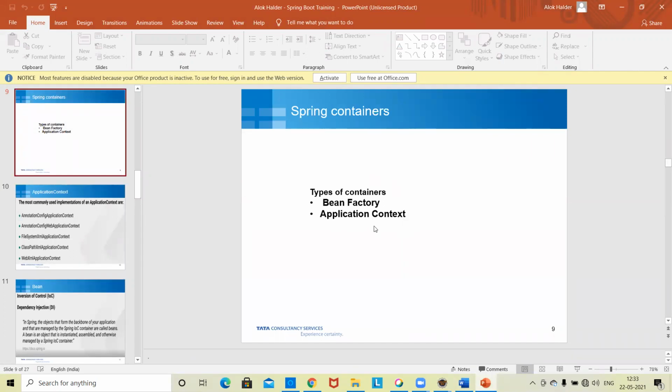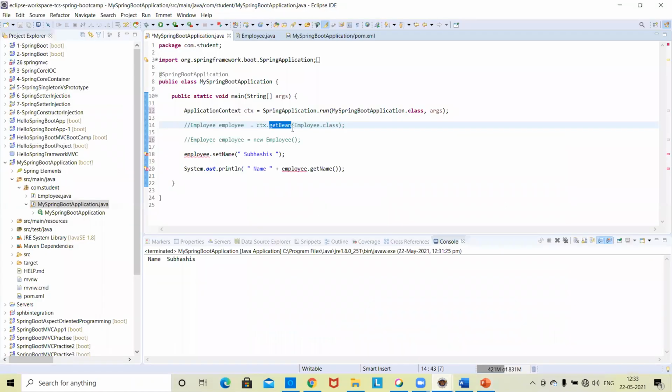Now the latest is the application context. Earlier, in normal Spring code, we used the Bean Factory, but now in Spring Boot we are using the application context Spring container. This Spring container object, CTX dot getBean method, is actually creating the object. This line is creating the object.